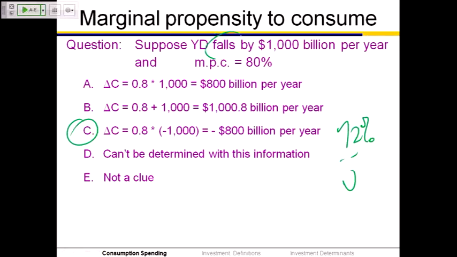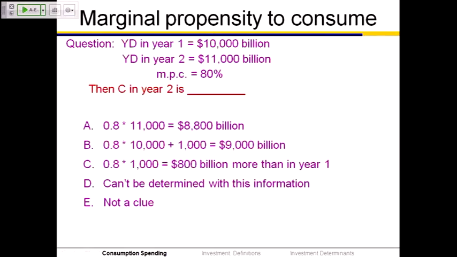Option C. Keyword: disposable income falls. The most common wrong answer here is A, but disposable income is falling, which means the change in disposable income is negative, and therefore the change in consumption will be negative as well. Disposable income goes down, consumption spending goes down. Here's another one. Try this one. Suppose disposable